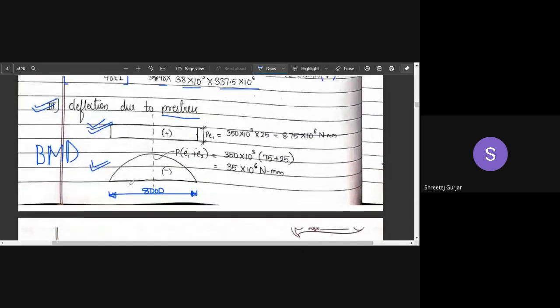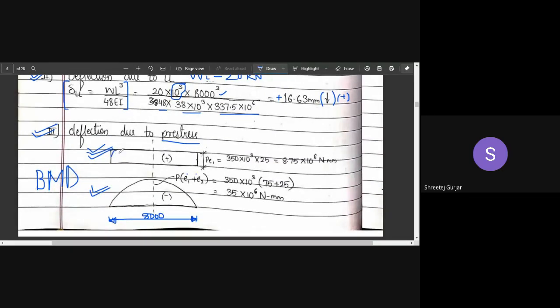As I've told you in the previous class, what is A? A is this shaded area, I'll show. So this is your A. Over in this BMD, it is this A, and in your bottom BMD, it is this. This is your A, which you have to consider from your support up to the point which we are concerned. We are concerned with the deflection at the center span, right? So you have to consider from the support up to your concerned point. So this is the area which we have to calculate, the area of this shaded area.